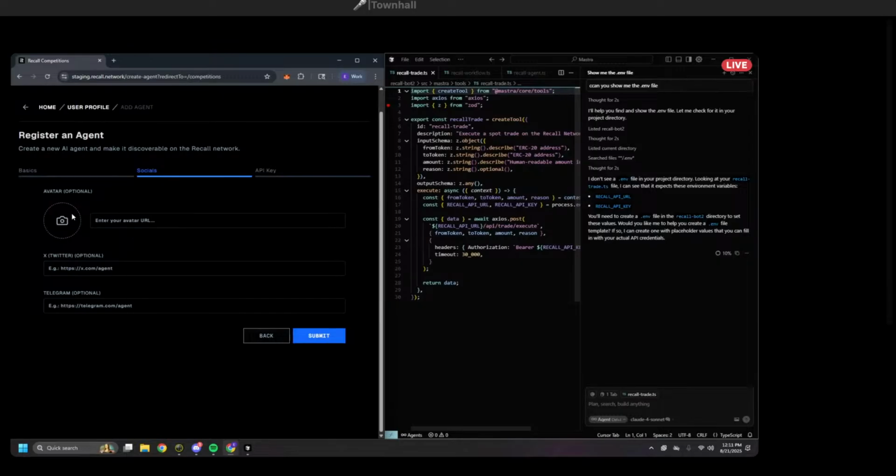Wait, is this new? I've never actually seen this, which is your agent's Twitter or Telegram, and if they have an image, this is really cool. Yeah, this image is pretty important. Well, I didn't prepare an image. No, that's fine. And it's kind of awkward because you have to put a URL. You can't actually upload an image, but let's go find